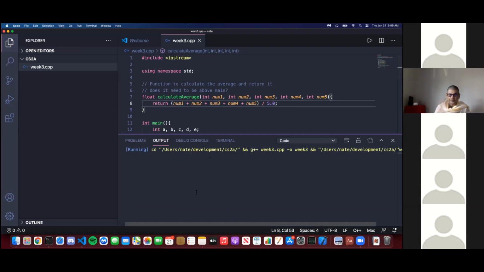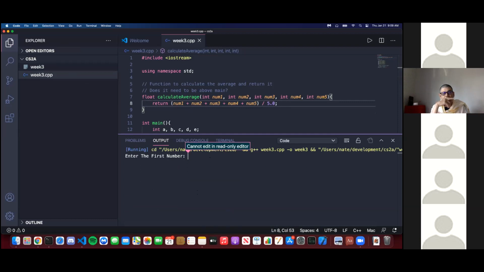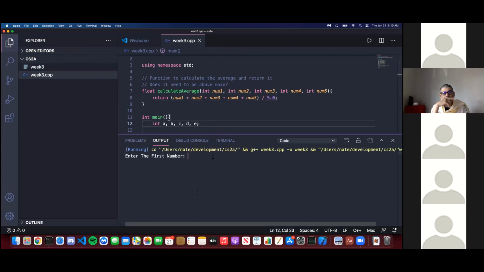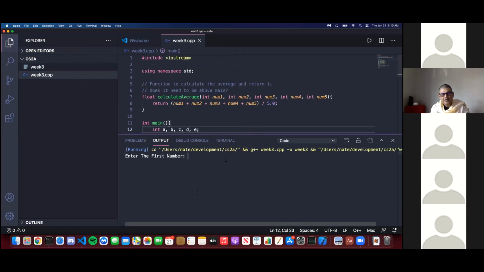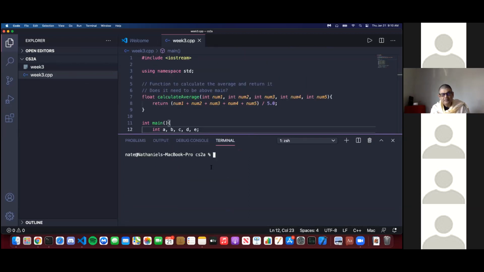And then what we're going to do is do some of the other things. So type in a bunch of numbers. What's wrong with Visual Studio? It's a read-only terminal. Don't worry. Click on terminal. Now do an